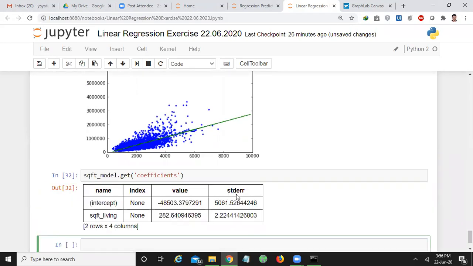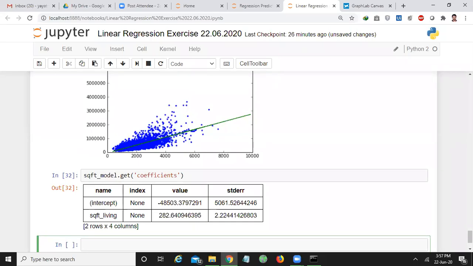So these are the coefficients. As we have only a single feature, your equation is nothing but ax plus b, where a is the slope and b is the intercept. So this is the intercept value and this is the slope value.